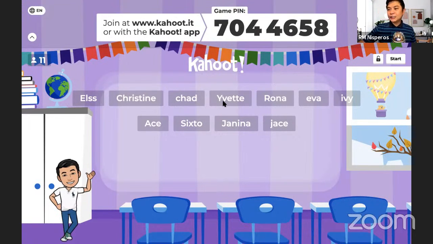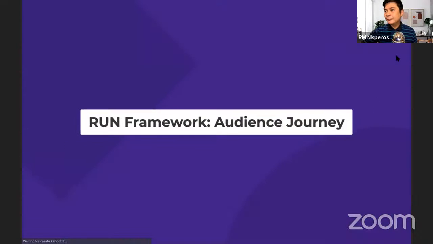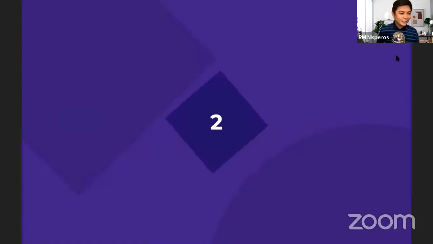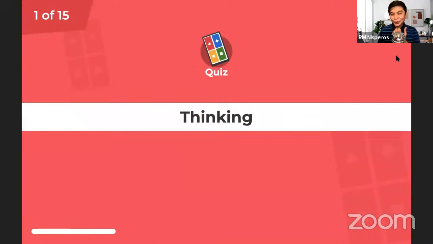For those who are still logging into the game, the pin is on the lower right of your screen. You can enter anytime. So I'll be starting the game. This was used in the last workshop that I made.